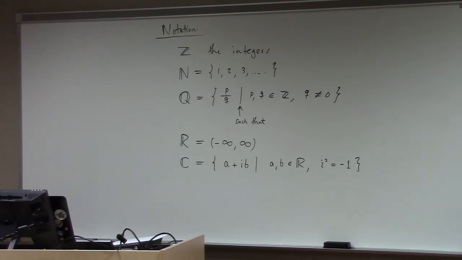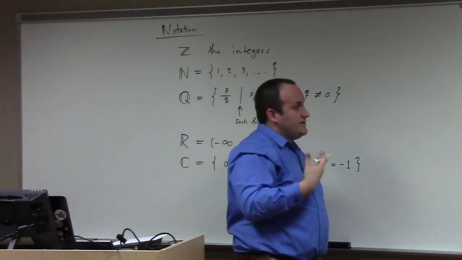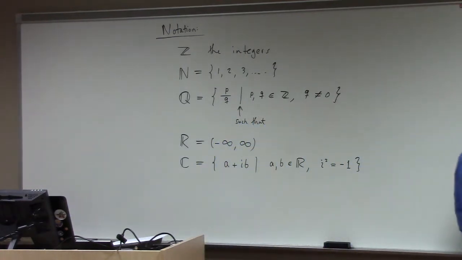We'll start out real simple with Z2. This has 0 bar and 1 bar in it. The way this works is that essentially 2 is equal to 0 in this number system. Here's how we add them. If I have 0 bar and 1 bar, looking at addition, 0 bar plus 0 bar is 0 bar. 0 bar plus 1 bar is 1 bar. 1 bar plus 0 bar is 1 bar. 1 bar plus 1 bar